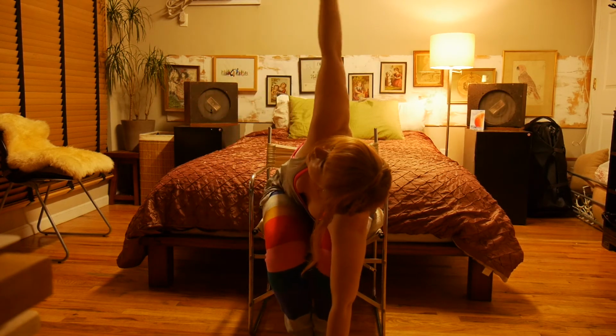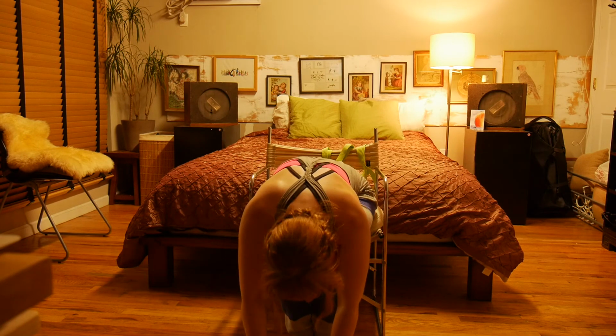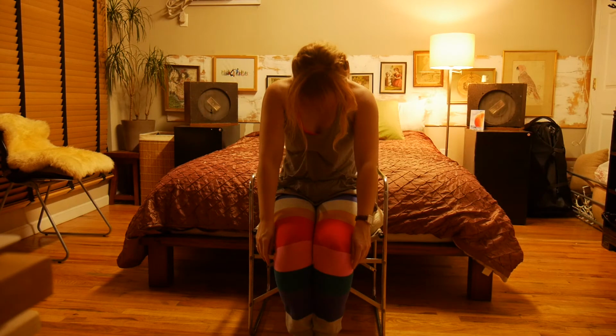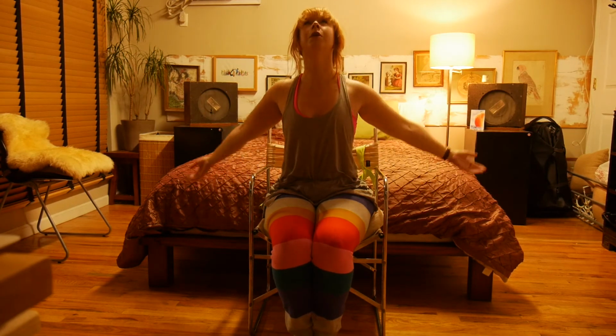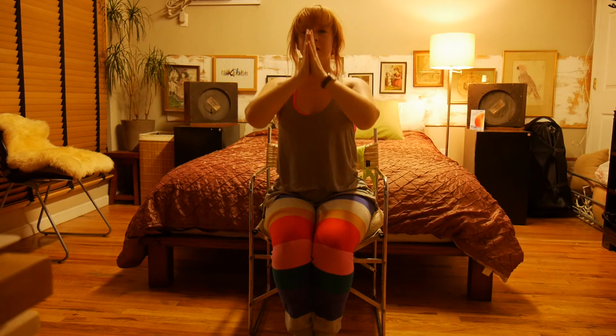Opposite arm, open everything up. And soften back down. And then just start to roll up vertebrae by vertebrae. Head's last thing to come, and we're going to sweep those arms all the way up. And exhale them down to the chest. Just listen to that heartbeat. Have a moment